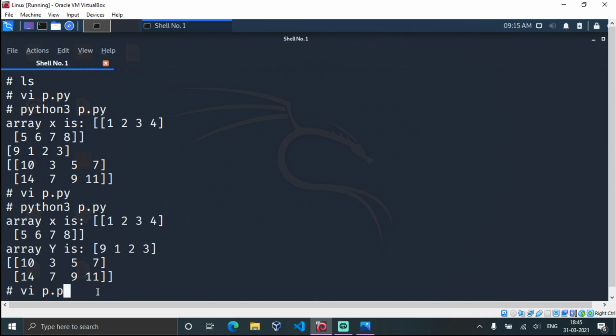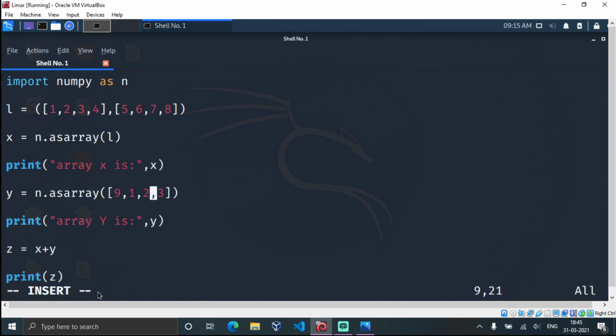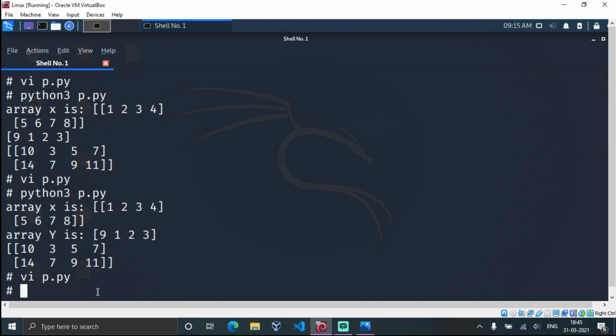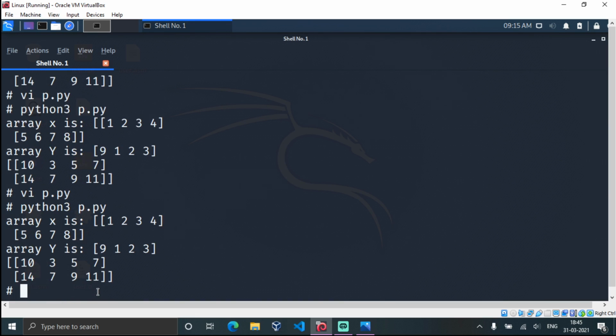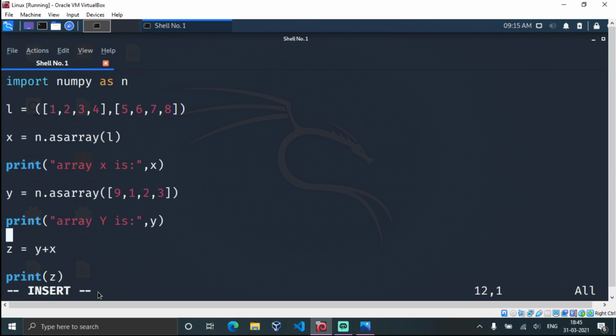Let me show the error that we will raise. Suppose I change the statement like this, y plus x. Now you will get an error saying there is no such shape to perform the operation like that.